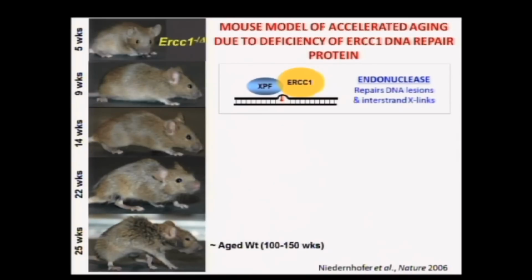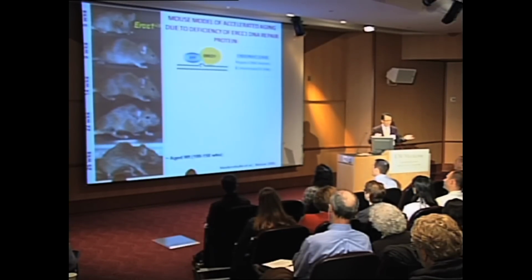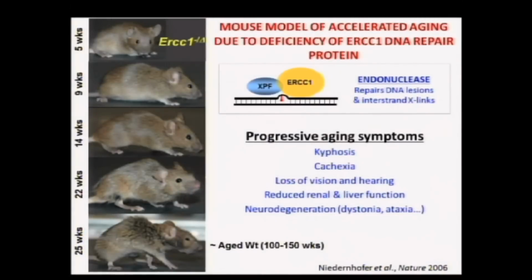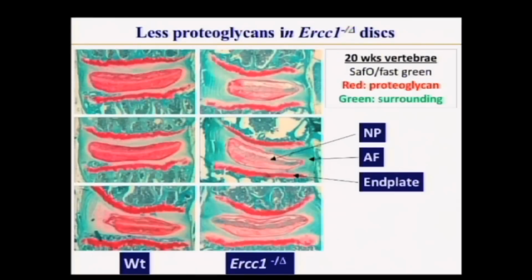This is the model of progeria that one of our researchers in Pittsburgh was investigating. And actually, when we saw this, we said, well, this is great for our aging mechanism in the disc. So we happened to take these discs and look at it. These mice have all the classic signs of rapid progeria, very rapid aging. So because we have these models in Pittsburgh, we took some of their disc samples,